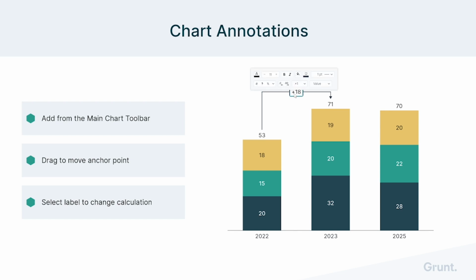Finally, you can always select the label to change the calculation type as well as the style and formatting. Here is where you change the calculation type. So for example, I could show a percentage, or I could even show both. This is also where you can, of course, make formatting changes, style, whatever you like. Let's go ahead and delete this one and take a look at the CAGR.